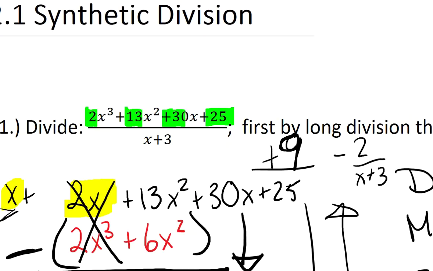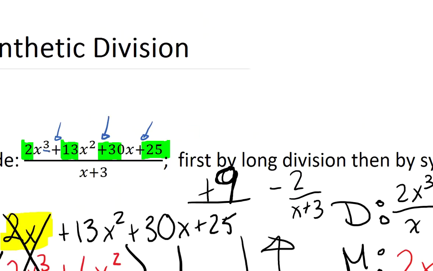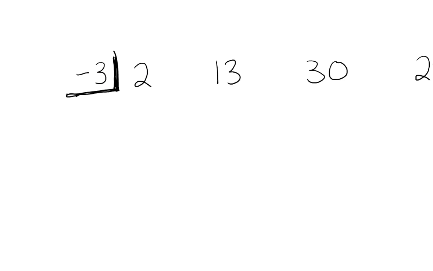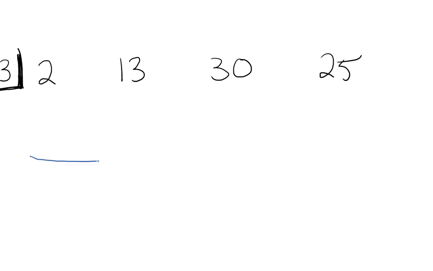And I want you to take a quick note. Notice that I'm using all the signs. These just all happen to be positive, and that they go in order. So it goes 3, 2, 1, and then nothing. So it goes right down the line. So I line those up, and I'm going to draw a line underneath here